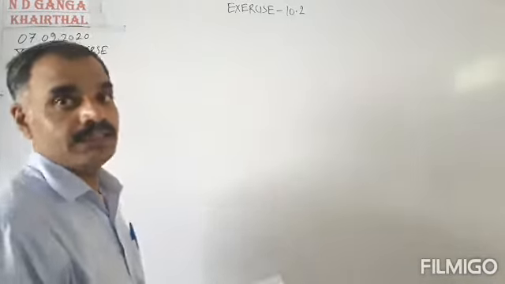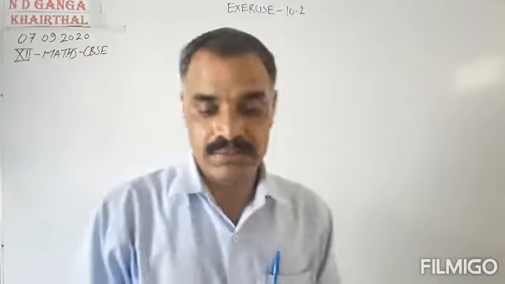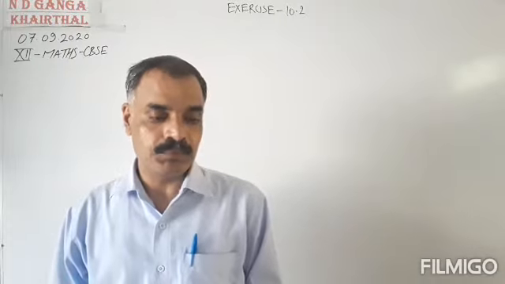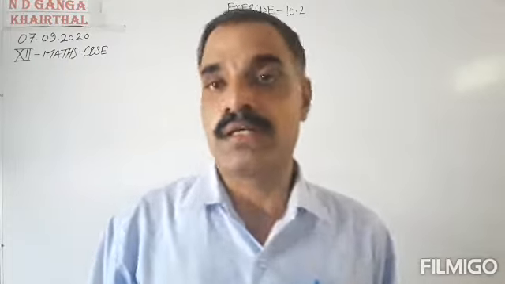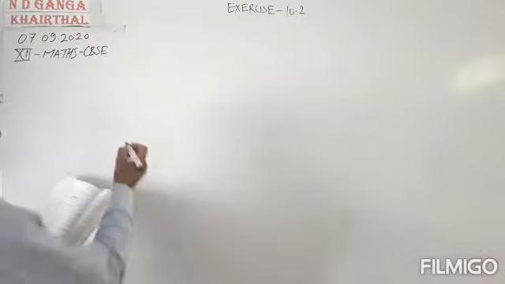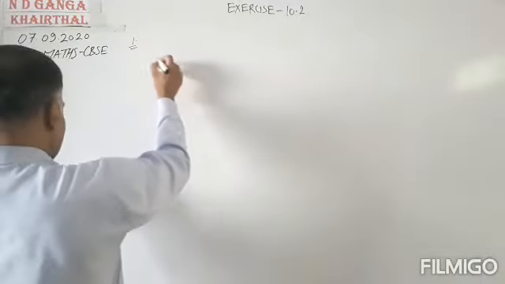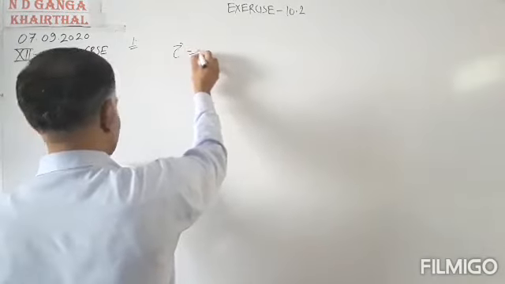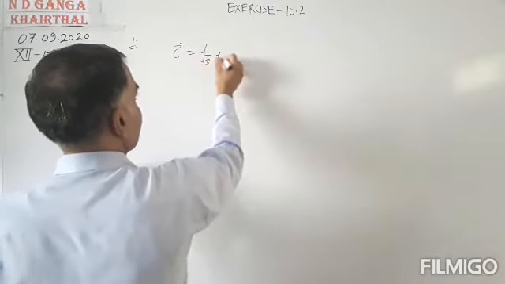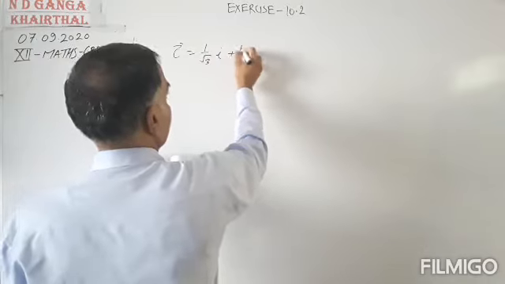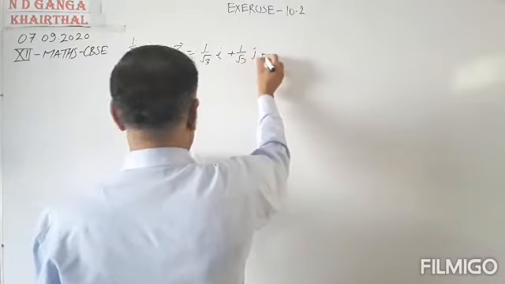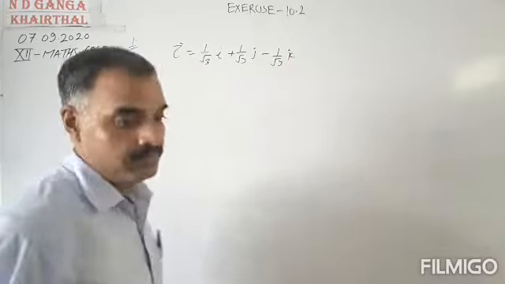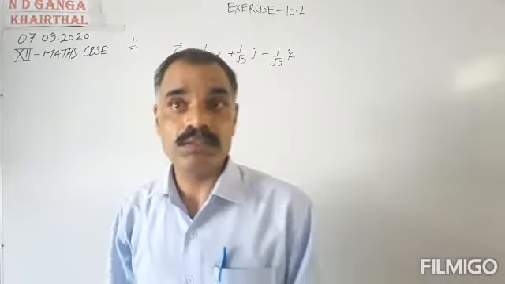Question number 1 is, we have been given three vectors and we want to compute the magnitude of the following vectors. So let us take one of the vectors. We have to compute the magnitude. The vector c is equal to 1 upon root 3 i cap plus 1 upon root 3 j cap minus 1 upon root 3 k cap. Okay, and we want to compute the magnitude of this vector.